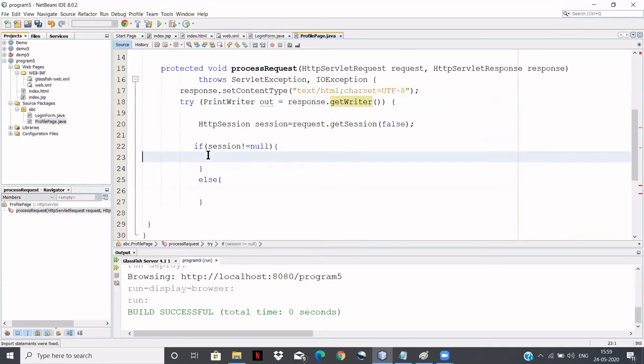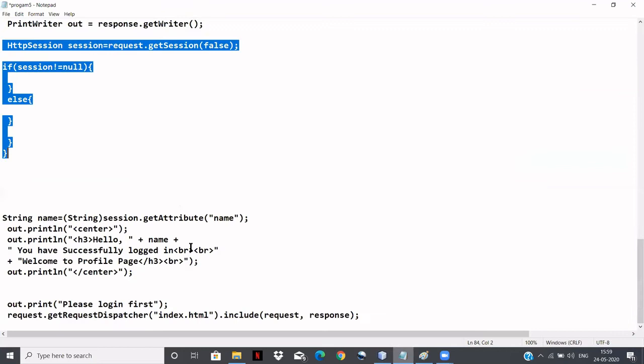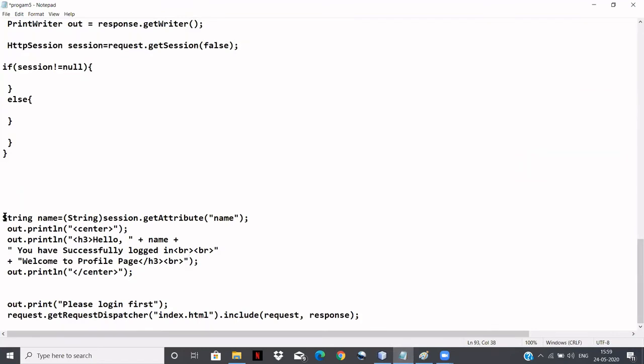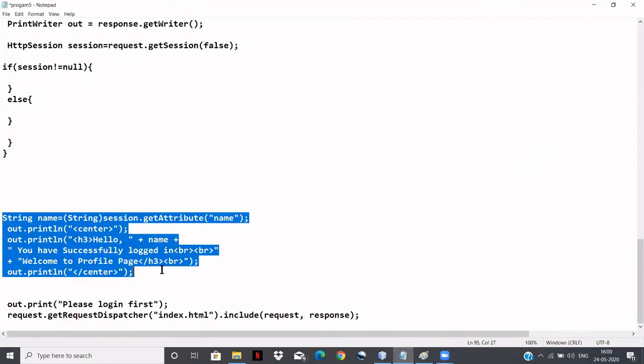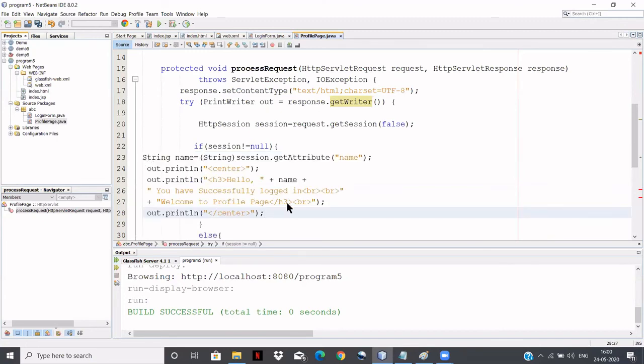Then I am using an if else block. If session not equals to null, it will execute the if block, otherwise the else block, right? You just check it here. I'll use this string name. See, here you observe.